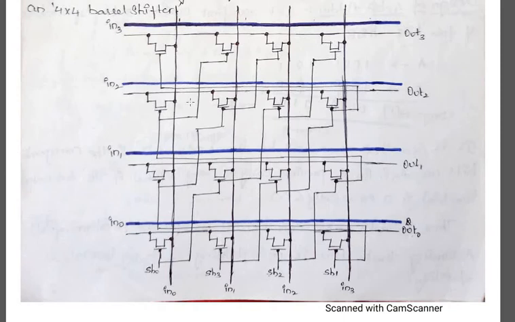Here we are using a 4x4 barrel shifter. It means that 4 bits you are going to shift. We are using a multiplexer, or you can use transmission gates. They are all interlinked. For at least one gate, if you are giving the input, it will keep going on and it will be shifting up to 4 times. From here, if you are giving the input, from 1 it goes to 2, again to 3, and you will be getting the shifted output at output 3. So this is how you are going to shift.